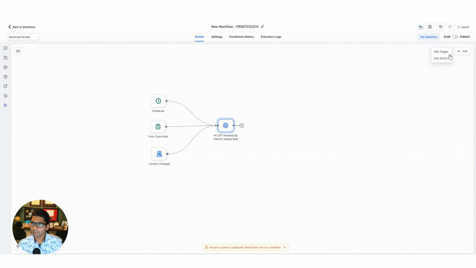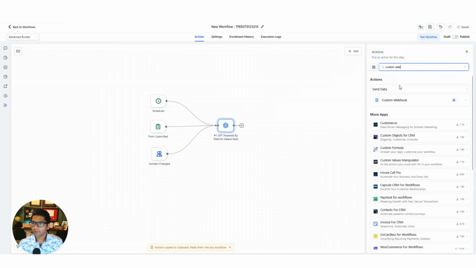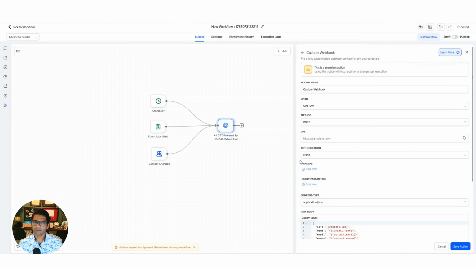So add action, custom webhook. Custom webhook is just a fancy way of saying we want to send this data to another website. So action name can remain custom webhook. It's going to stay custom. We're posting this, meaning we're sending this to another website, and we need the link of that other website. How do we get this link? We go over to make.com. So we're going to go to make first, create some stuff, then we're going to come back here with this